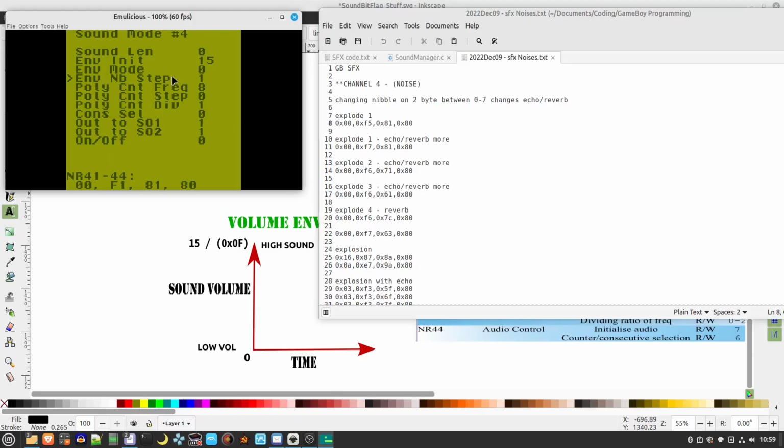Anyway, definitely have a play around with all of these to create various sound effects, and then make a note of what